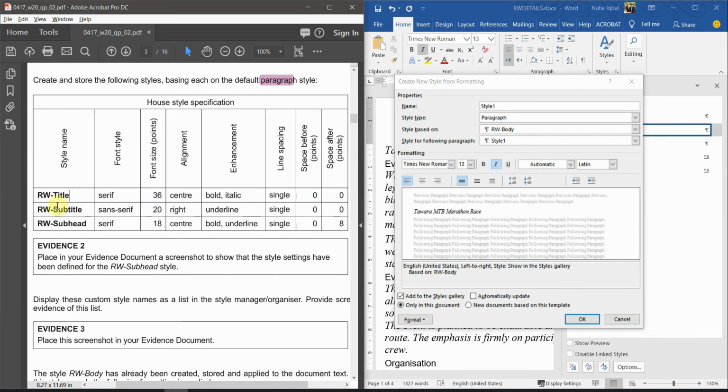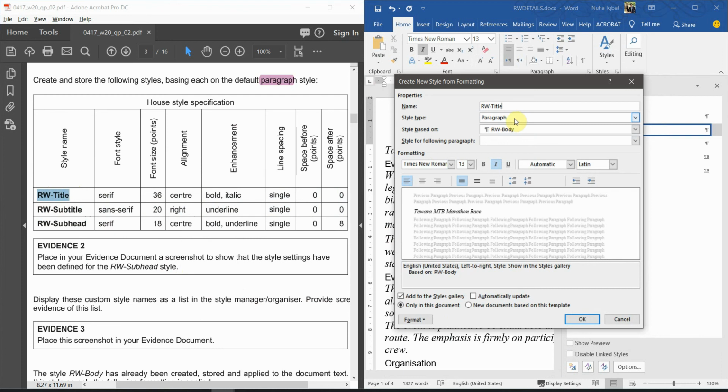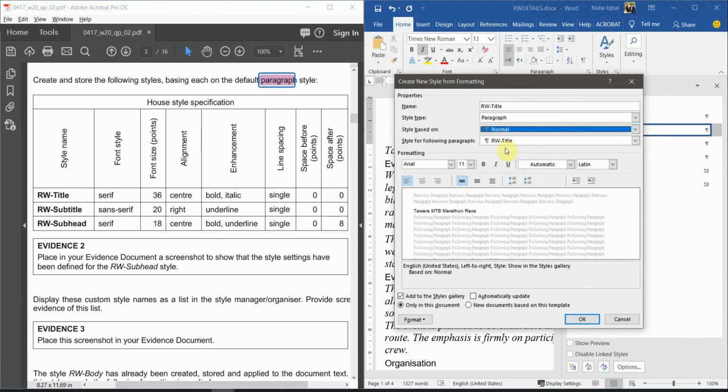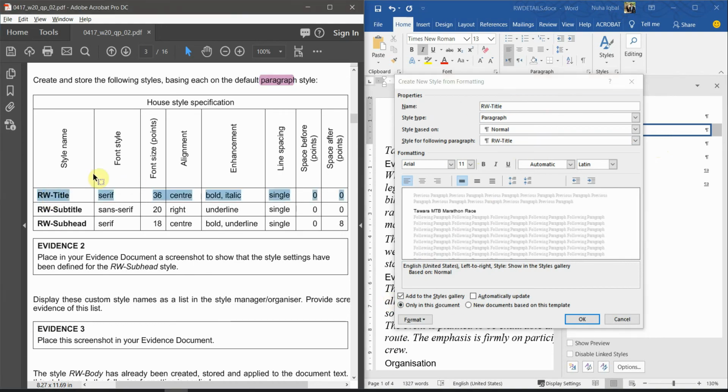So RW title, make sure spelling, capital, small letters not to be mistaken, and put it here. Second thing, the style type always supposed to be based on paragraph, so always choose to be paragraph. After that, the style based on, it's supposed to be always on normal, otherwise it will be based on other styles and taking the characters from it. The last one will be matching with the name of the style. So we got the first one,